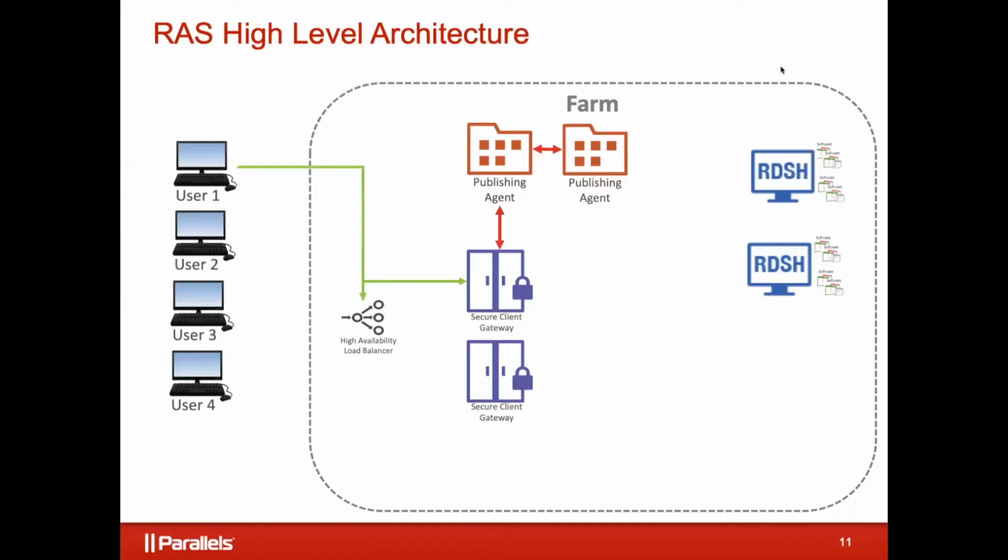The publishing agent will then have Active Directory, most likely, do the authentication. We don't authenticate anything. We don't store passwords, anything like that. We just integrate very seamlessly with Active Directory. So we're going to ask Active Directory, what are we supposed to do with this person? Active Directory will have them authenticated. We'll then query Active Directory for the group membership. And then based on the groups that they're a member of, here's their stuff. Here's their applications, their desktop, whatever it is that you're giving them.